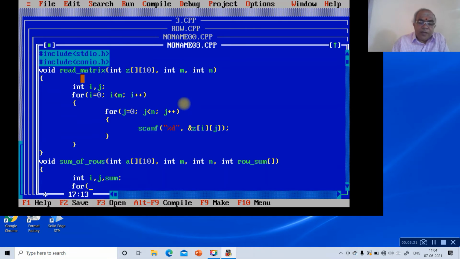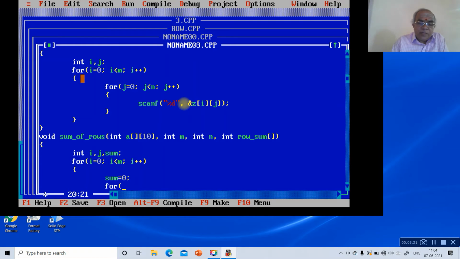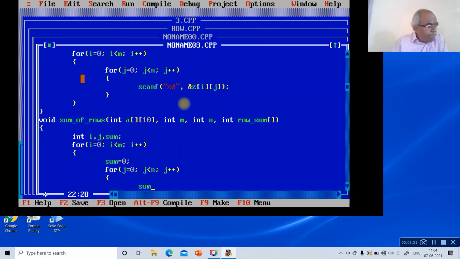Then for i equals 0, i is less than m, i plus plus, then open the loop, sum equals 0, then for j equals 0, j is less than n, j plus plus, then open the loop, sum plus equals.